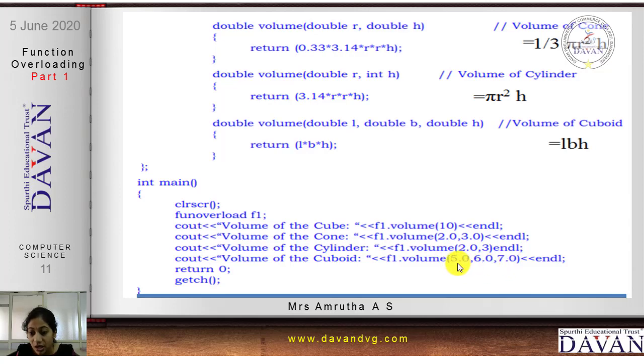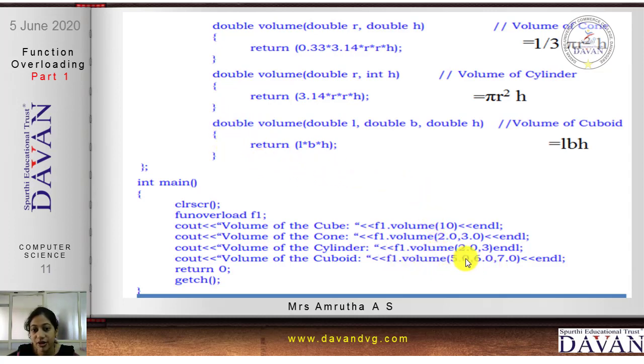So based on the number and type of arguments, see, 3 arguments are here of the type double. 5.0 will be copied to L, length, 6.0 will be copied to breadth, 7.0 will be copied to height. The values you pass from here are received and multiplied, and whatever product you get, that double value, the result, will be sent back to the calling function.